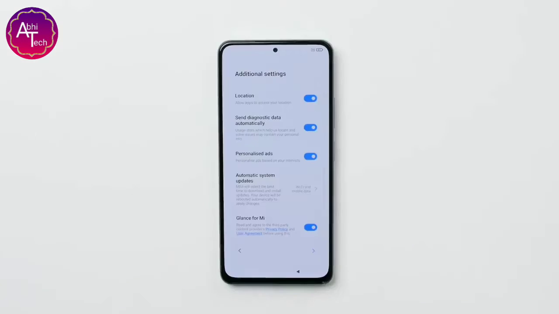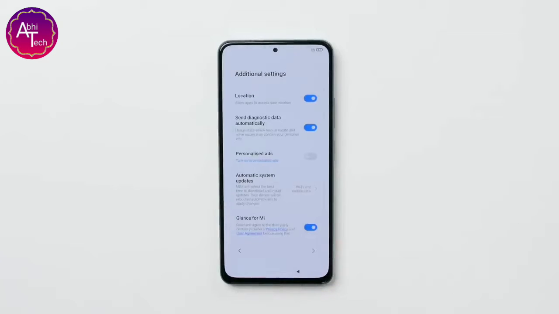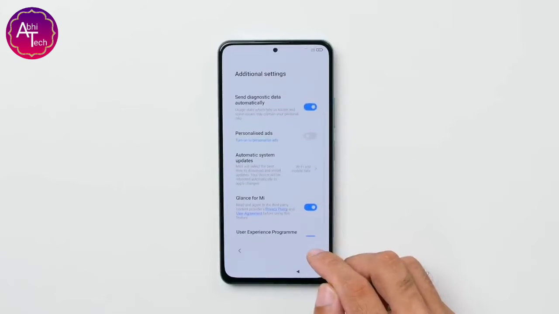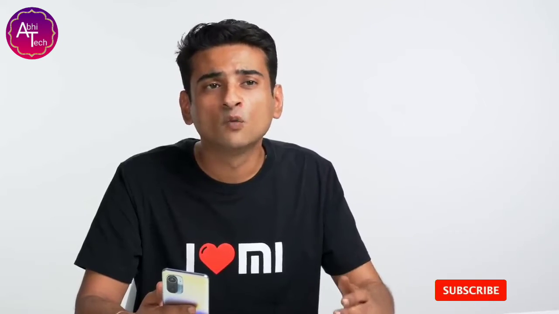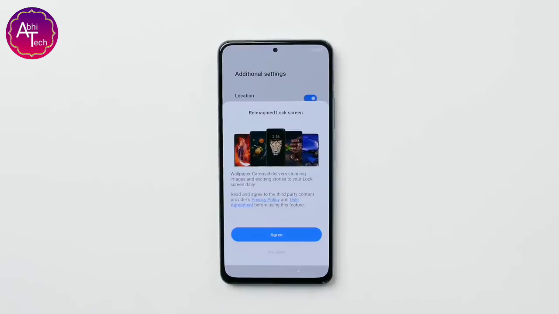Now this toggle which you see is common across all the MIUI ROMs which are available globally. Because Mi smartphones in India carry no ads, you can either ignore this toggle or switch it off. That's completely up to you. Now the second thing which you will notice is Glance for Me. Now you might have heard of Glance already. Glance basically offers the ability to deliver brand new wallpapers and personalized content in your favorite language each time you pick up your phone. This is 100% optional, and basis your needs, you can toggle this off or on. If you want to enable it later, you can find it under Settings and then under Lock Screen.